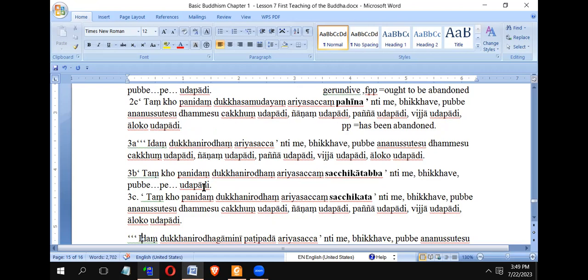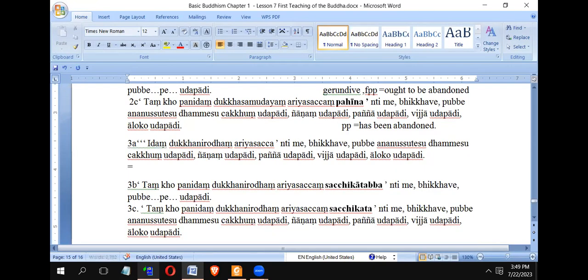So it is nirodha. What is the cessation of suffering? The abandoning of the craving. So it's Nibbana. Yeah, right? Okay. So Nibbana should be